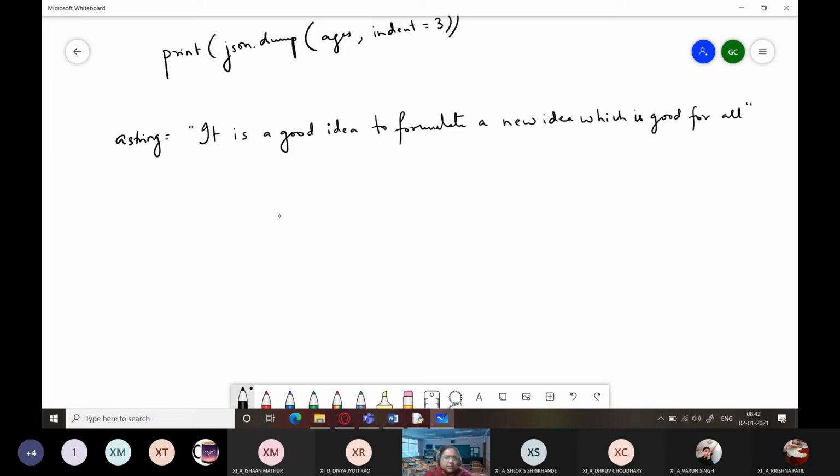so I have just formulated this string, and within this, I'm going to convert this string into a list. And what I want is to count the number of times each word appears: is appears, a appears, good appears, idea appears. So I'm going to check how many times a particular word appears in this list, right?